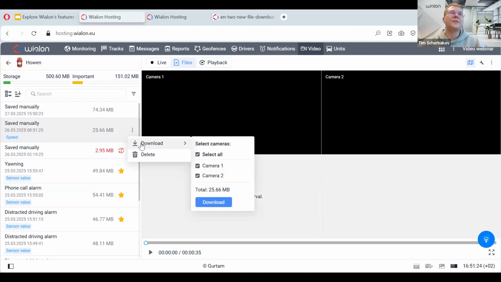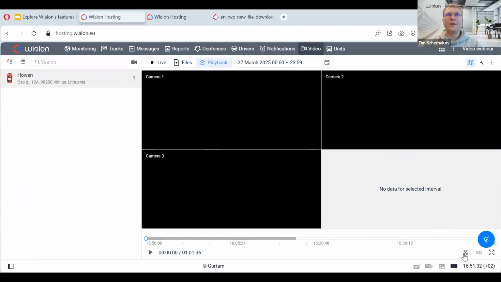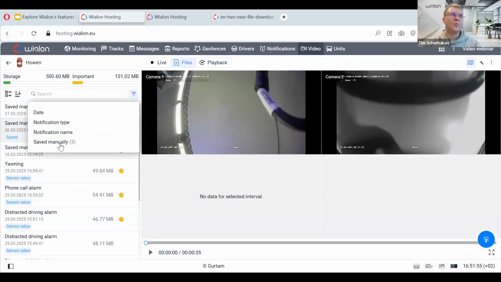Yeah, it's just download or delete, but no renaming. But when you are saving the files from the playback and clicking on this button, it allows you to assign a tag. So if you assign a tag, it will probably be easier for you to identify such files, because if you assign this tag, then you will be able to